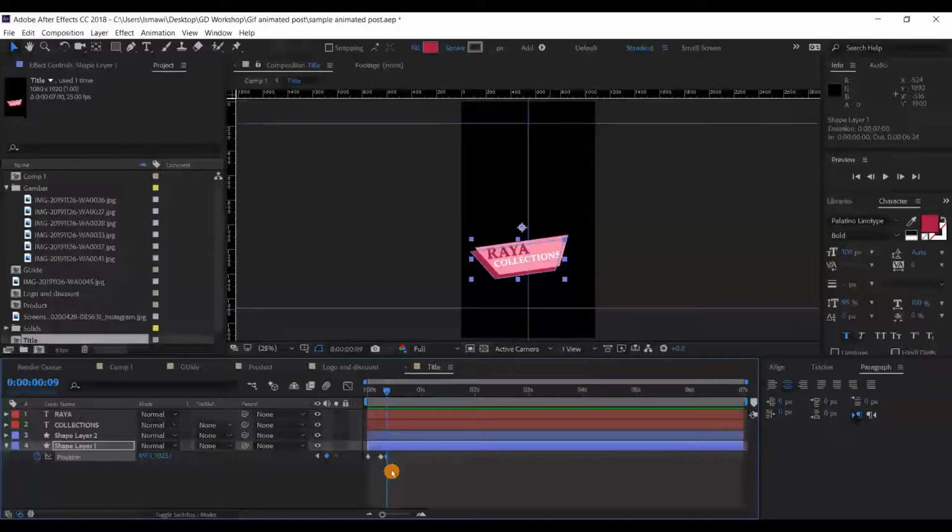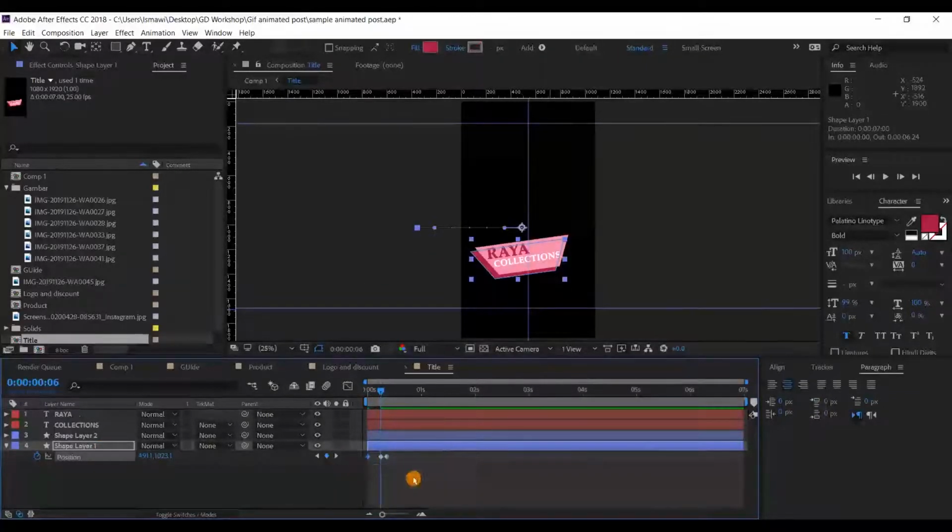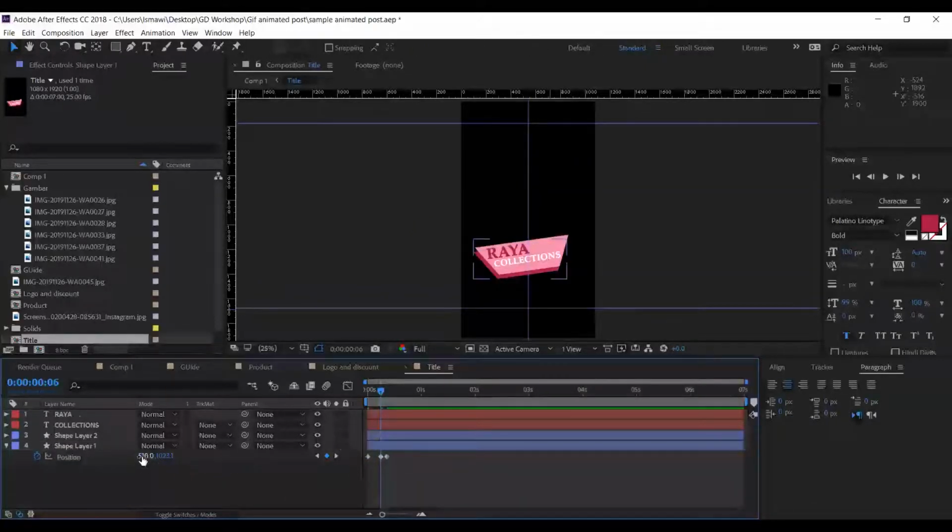So here, what we're going to do is change the position. We go back to our first position, and I'm going to change the value here. It's an X and Y value. For this one, it's the X value. I'm going to bring my element off screen, where it will move from off screen and come to our current position. But over here I'm going to make it a little bit exaggerated. So maybe we add like 510. Well, not that much. So we're going to add 530.